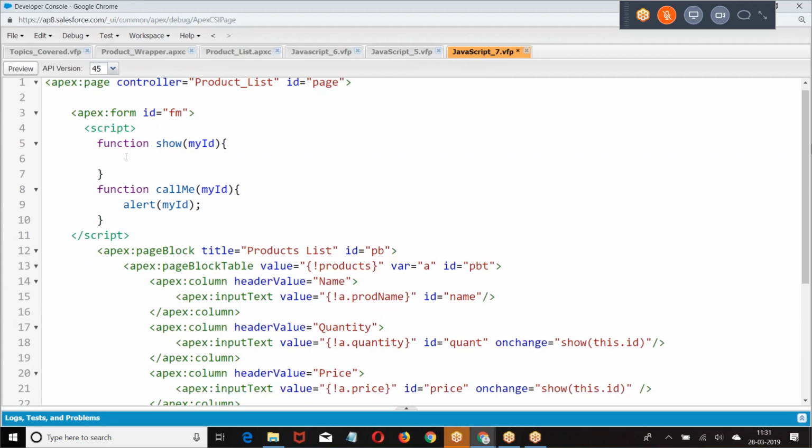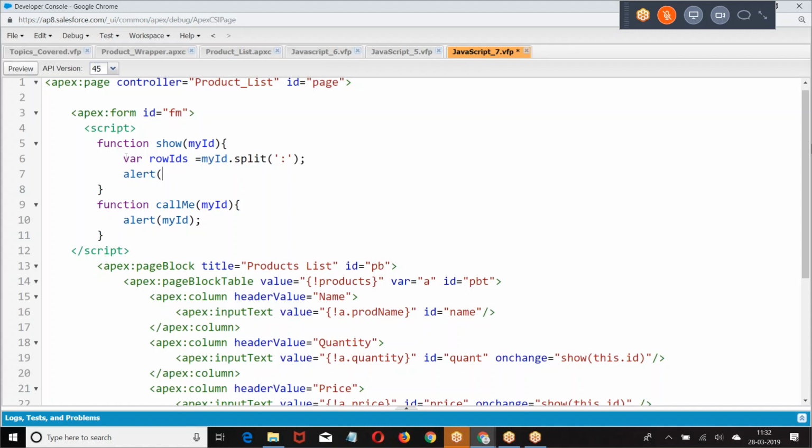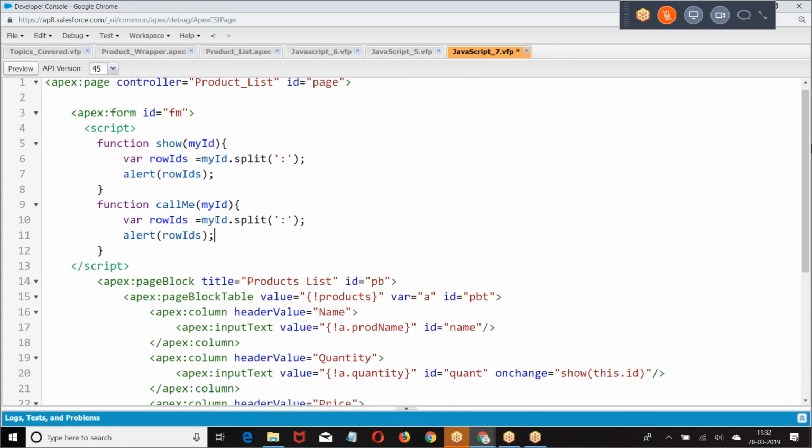Function show my ID. What I'm doing, void is equal to what I was supposed to do. My ID dot split based on the colon. We are splitting it. Same story will also apply here. So go back.